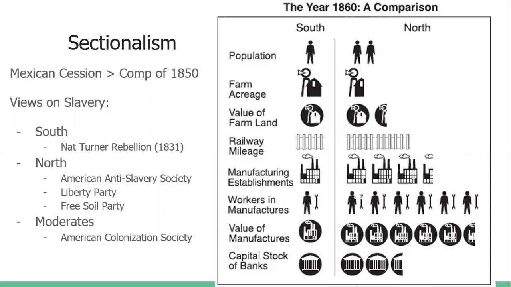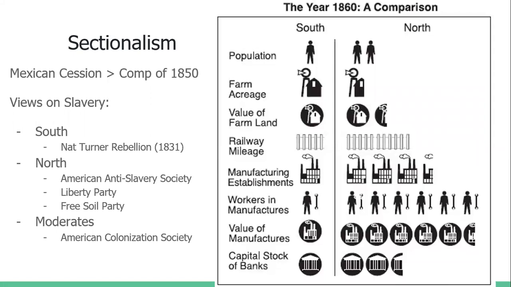We are going to be seeing how there are all these differences between the North and the South in the years leading up to the Civil War. So the Mexican Cession, that is when we got territory from Mexico. Basically, we had gone to war with them, the Mexican-American War, and just like, okay, we're taking this territory. That is basically like New Mexico, Arizona, Nevada, the area that would become those states. And that is going to tie in with the Compromise of 1850.